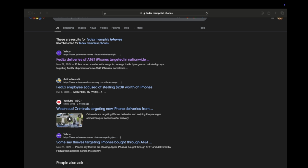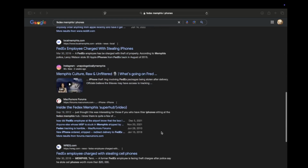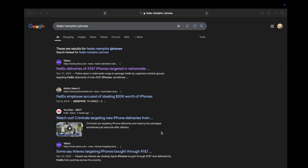One of the other bigger issues that they have, which I have on screen right now, is the issue primarily out of their Memphis, Tennessee distribution location, where iPhones are getting stolen, whether they're being shipped back to Apple for the upgrade program, or whether they are being shipped to consumers from someone like AT&T. Part of the issue with this is they're being shipped in phone-sized boxes, which makes it really easy for the workers to decide that the phones are phones. And so when you get hundreds of boxes a day that are all the size of an iPhone 15 or an iPhone 16, it makes it really easy to figure out what those are,